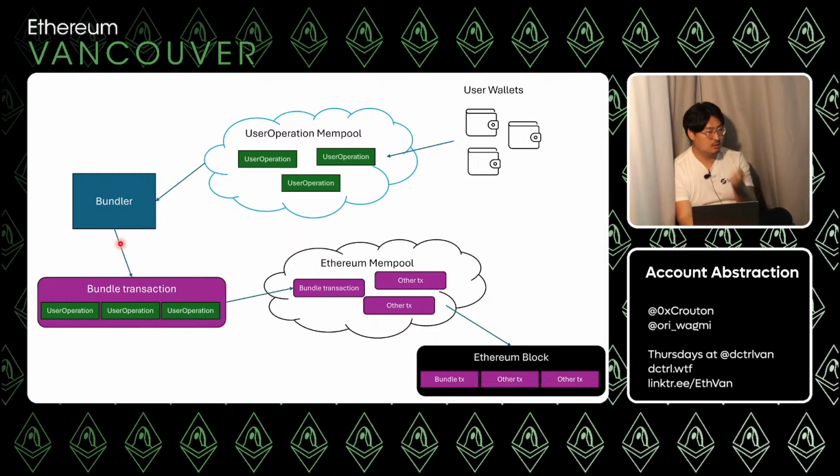And then, speaking about EOAs, since the bundler is the one creating this bundle transaction, the bundler is still the EOA. We haven't made a protocol change. All transactions still require an EOA to sign an ECDSA signature. The bundler is the one doing that, and they're essentially fronting the gas. But because of the way the user operations are set up, they can be guaranteed that they'll get the gas back, whether it's from the user's smart account or from a paymaster. They will be able to get their money back.